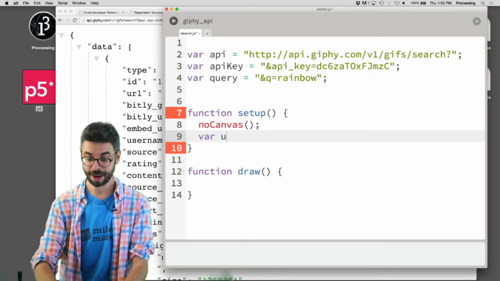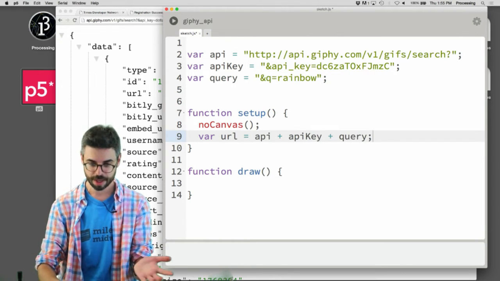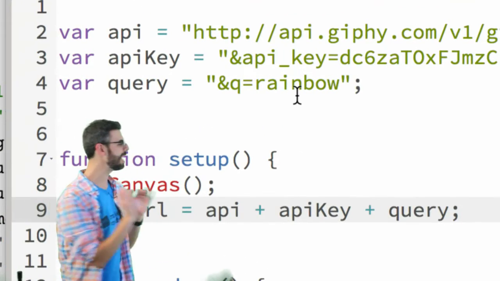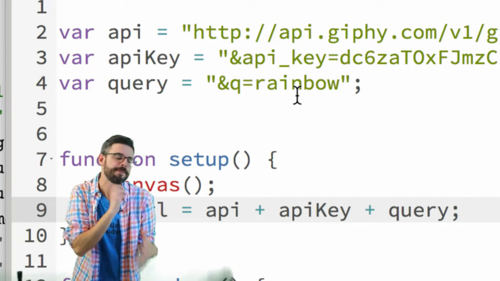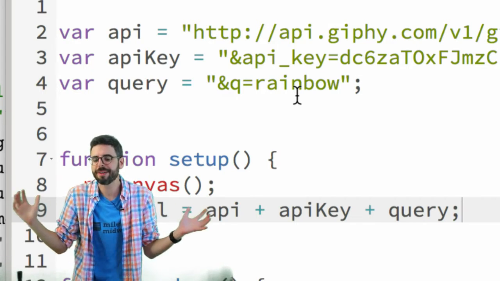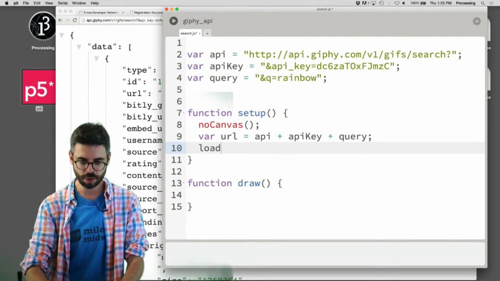I want to make that URL, which is API plus API key plus query. And ultimately, again, I don't want rainbow to be hard-coded into my code. I want to get that from the user input. I did that in a couple different previous videos. You can almost think of that as an exercise for yourself. But now I'm going to say load JSON